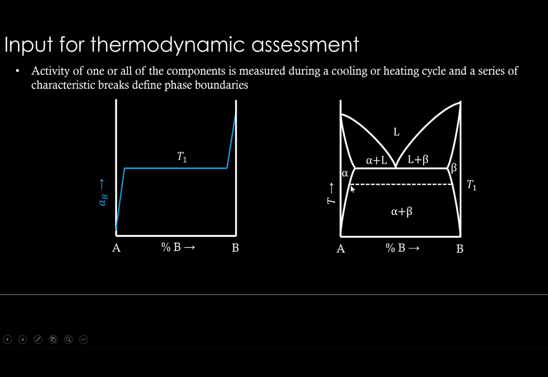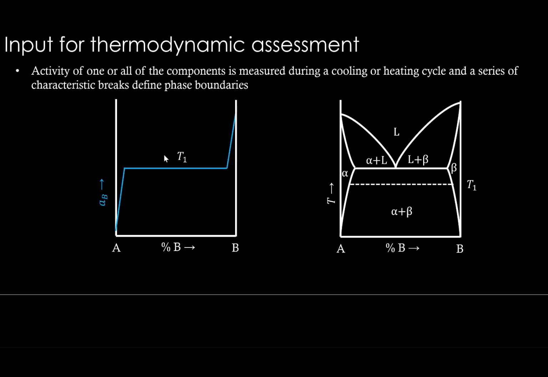And if we come down in temperature somewhere here near this lowest point, we'll see that almost there is no solubility between A and B, and the chemical potential or activity of elements will be same across this entire composition range almost. So you will see that these points where the break happens is going to shift towards left here, and this is going to shift towards right here. So this is going to become wider as the temperature decreases. So if you mark all the points of break of these activity values, you can trace a solvus line. So in that way you can get phase diagram information from activity measurement at different temperatures.